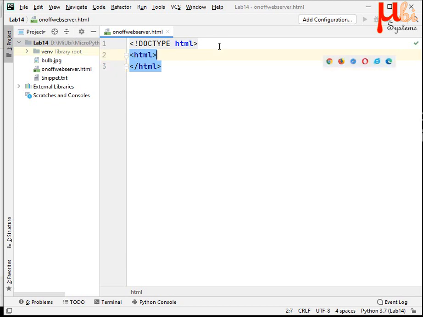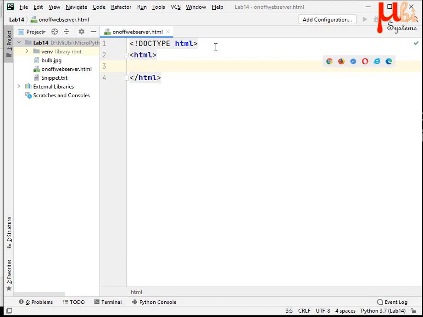So these are the elements of an HTML page. Every HTML page starts with an HTML tag and ends with an HTML tag. This is a termination character. Now let us see some other things.